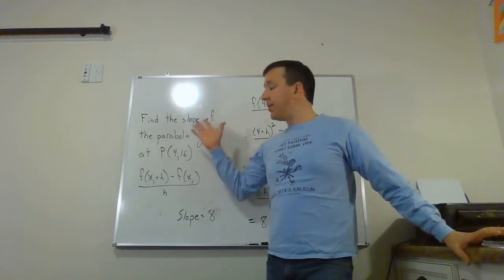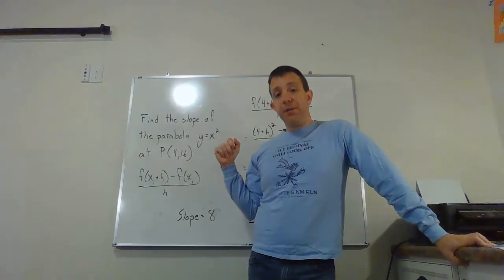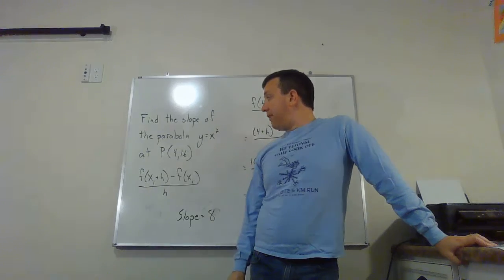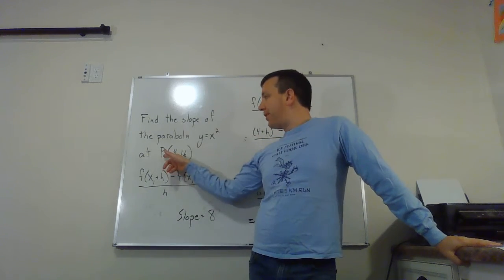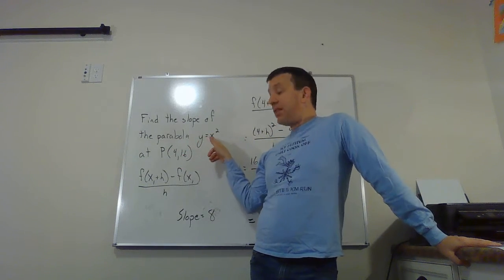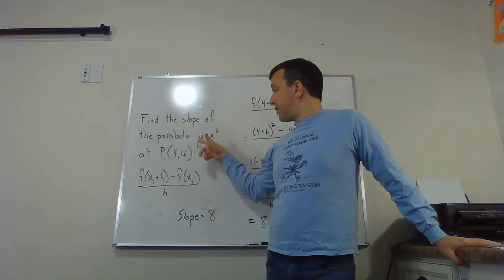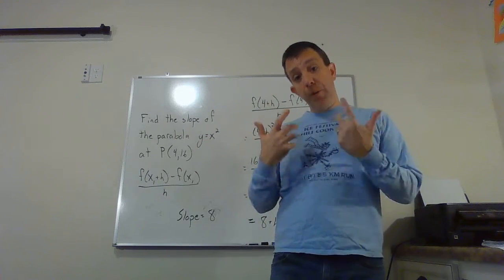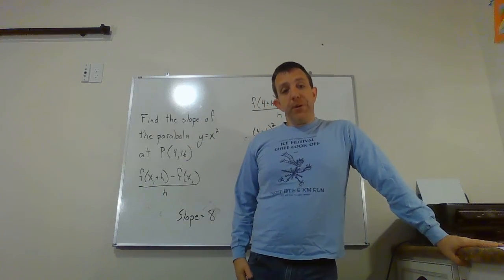All right, so here's the problem I want to do. Find the slope of the parabola, y equals x squared, at P(4, 16). P(4, 16), in case you're not familiar with that, just means the point (4, 16). It's probably worth checking, but yes, (4, 16) is actually on the parabola, right? If you plug in 4 for x, 4 squared is 16. So this is just one point on the parabola, and we're going to try and find the slope at one